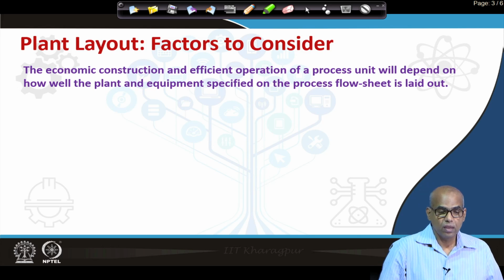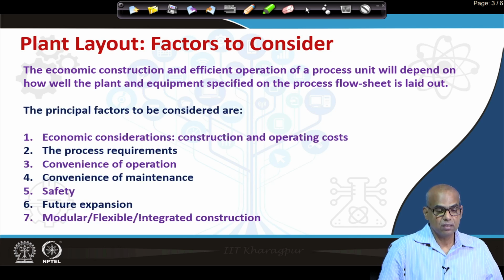Now, there are various factors that will have to be considered to decide plant layout. The economic construction and efficient operation of a process unit will depend on how well the plant and equipment specified on the process flow sheet is laid out. So, what are the various factors? These are the principal factors to be considered